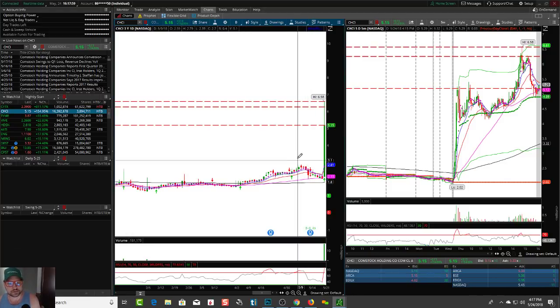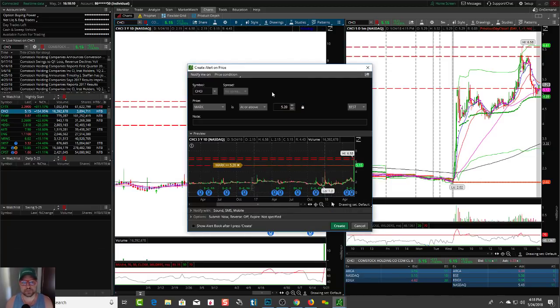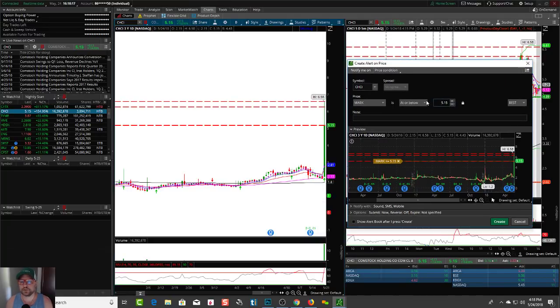Tomorrow's going to be volatile. It'll either go up or go back down. But the good thing with day trading is you're a hunter of volatility, so you want a stock that's volatile. So this one right here, at or above, watch for a potential continuation.